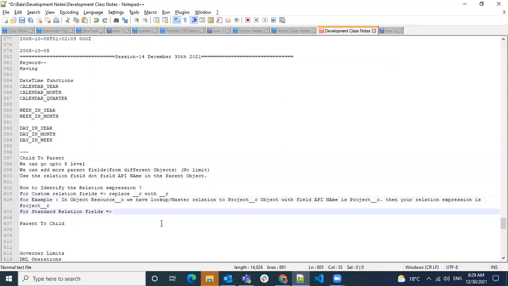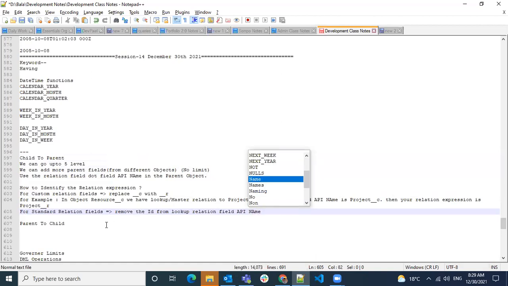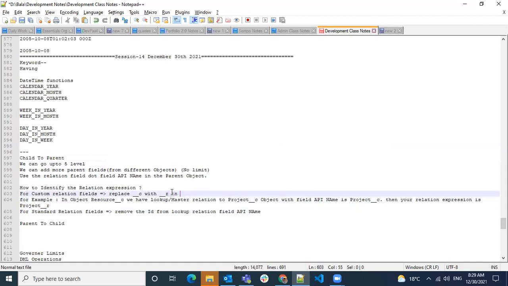Fine. And then if you have standard relationship fields, remove the ID at the end of the lookup relation field API name.